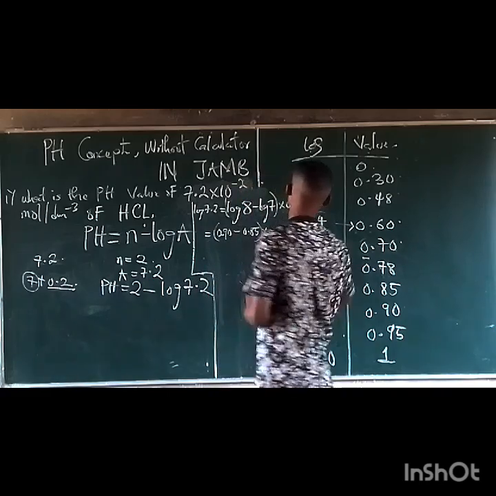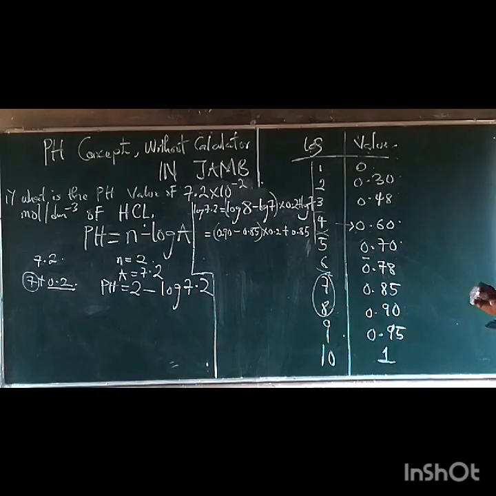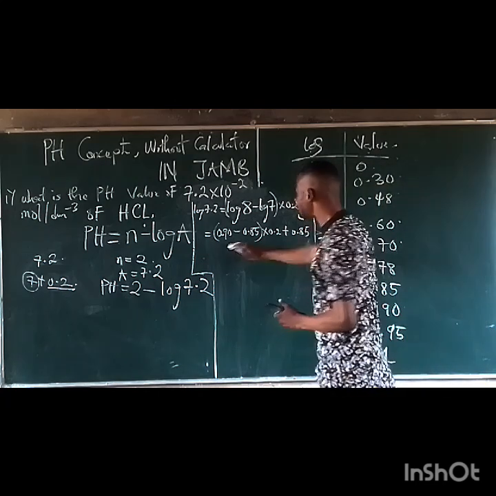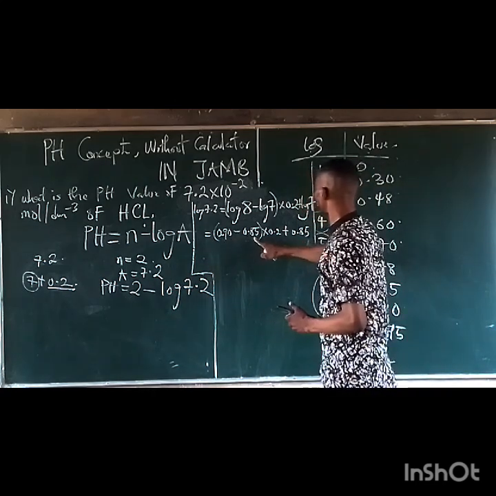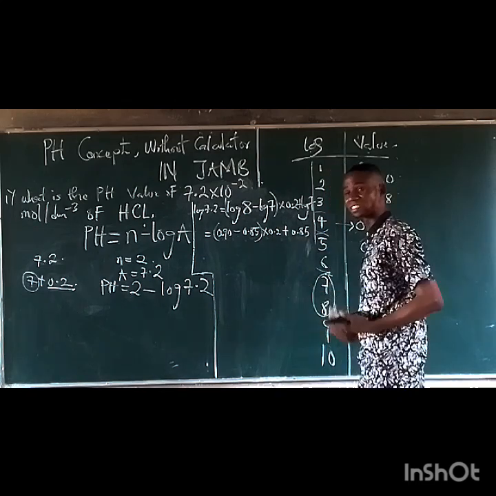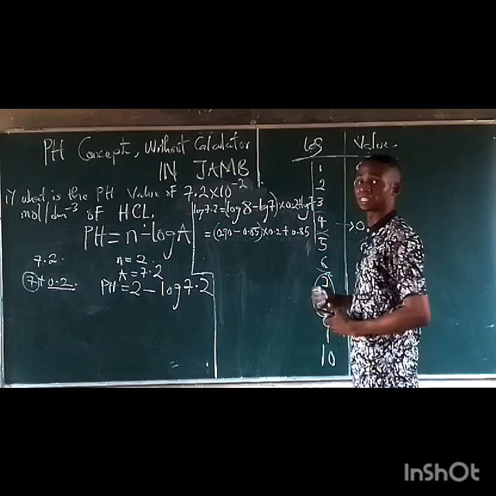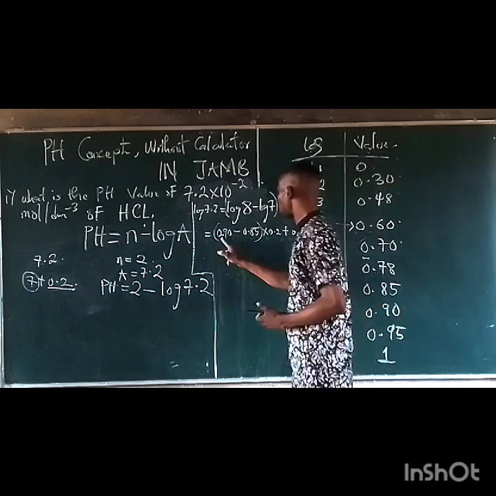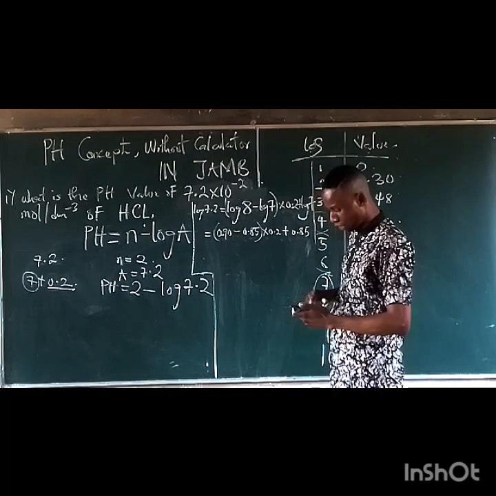Now, some students don't know how to press the calculator. They still have a problem with that. So don't just say 0.90 minus 0.85 times 0.2 plus 0.85 and press everything in the calculator, because you get the wrong answer. So take note of that. There's a way to press the calculator. First of all, subtract these two first, which you are going to get